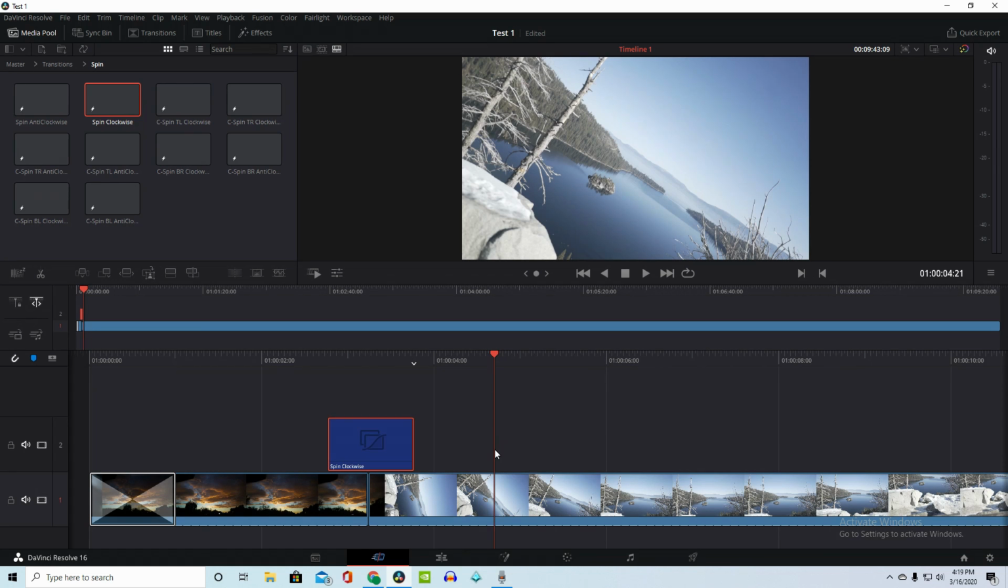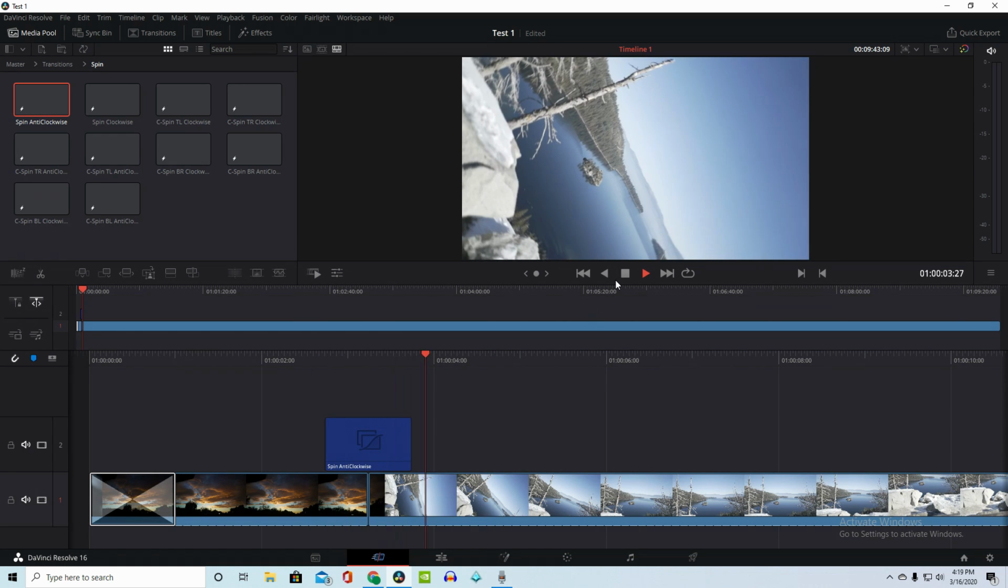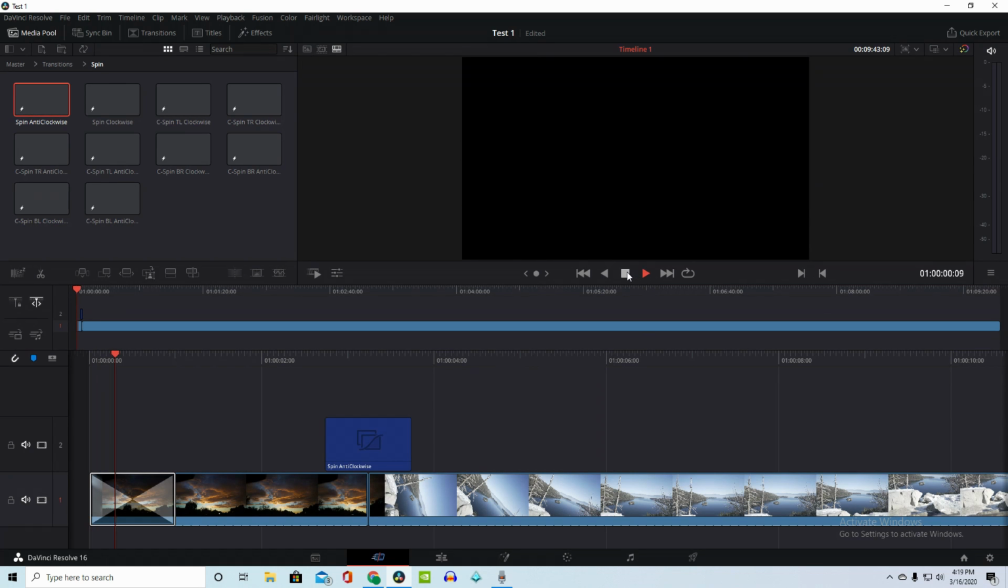What are we going to do? Just making sure we're still recording. So we'll just X out of that, and then we'll do counterclockwise, or spin anti-clockwise. There we go. So now this should look pretty nice. Oh yeah, that's pretty nice. So we got the nice fade in,